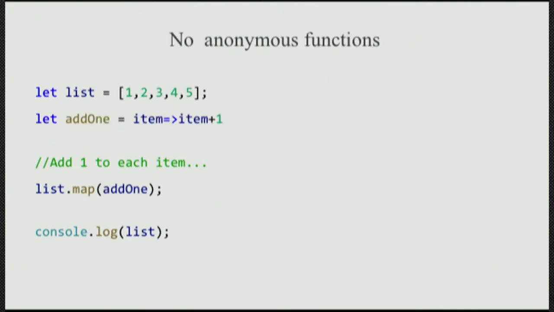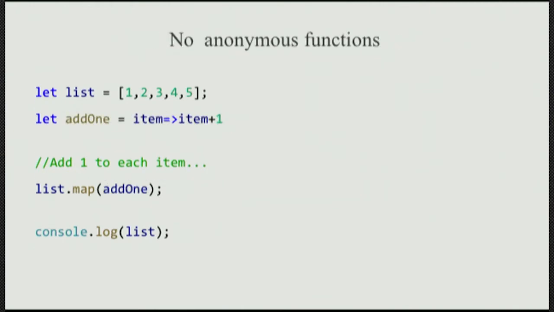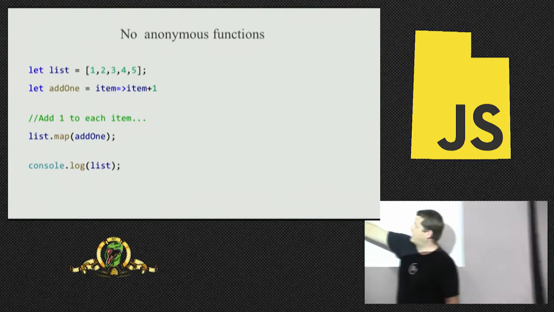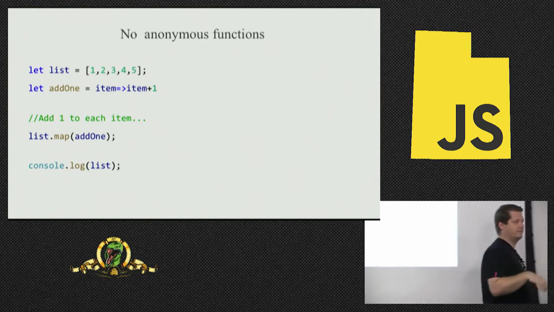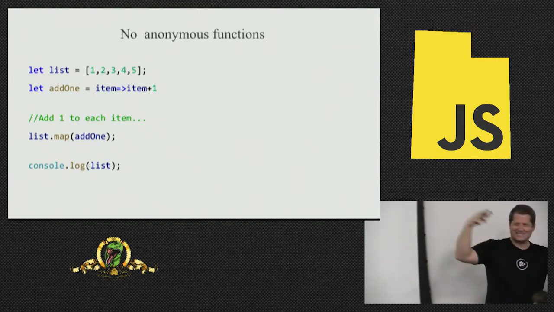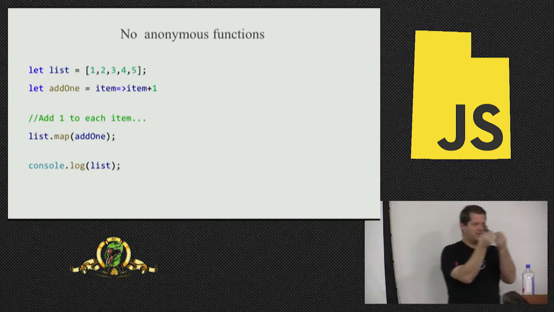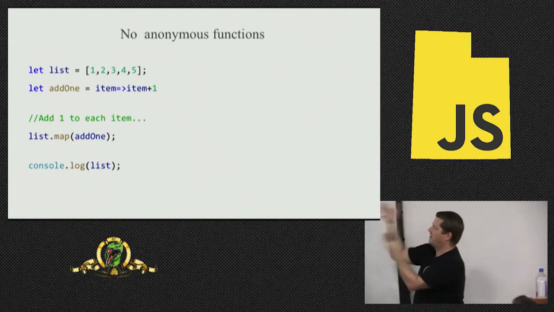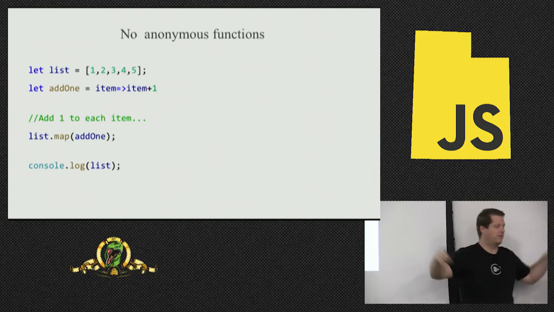Okay, no anonymous functions though. I don't like anonymous functions. I think they're gross. I would rather just define it up here and it's list.map add one. This is clear. Everybody understands exactly what's going on all the time. You don't have to worry about it, right? Yes, it's a simplistic example, but this is a perfect example of a functional style. I broke everything apart. Now I've composed them back together. There we go. Same task, one line of code, well, 3 lines of code, but whatever.